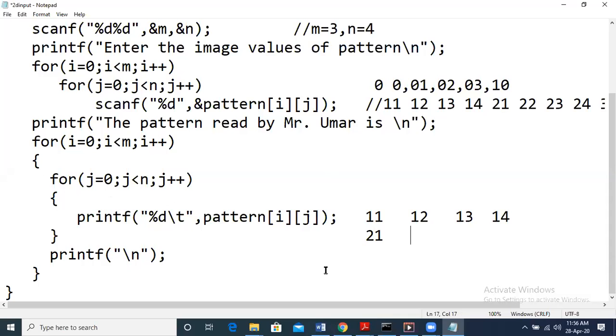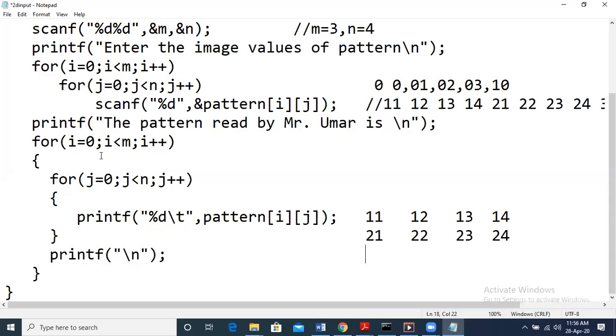So 1, 1 is nothing but 22. Then tab space, it prints 23. Next value 1, 2. Then 1, 3, it prints 24. Now when j becomes 4, 4 less than 4, n is also 4, the condition is false. We have a \n. So after printing 24, the cursor comes to the new line.